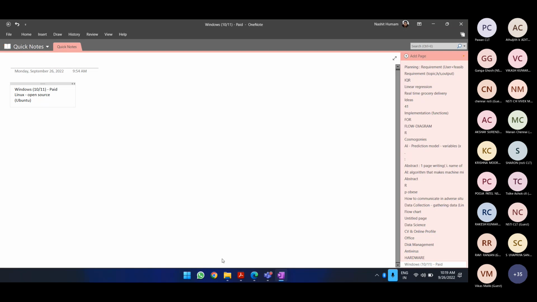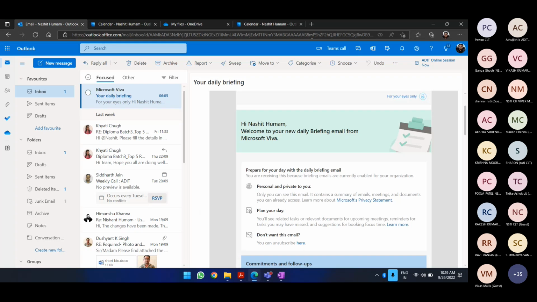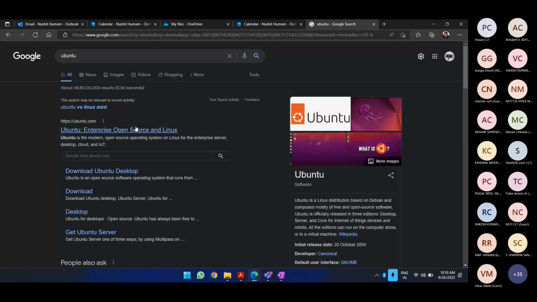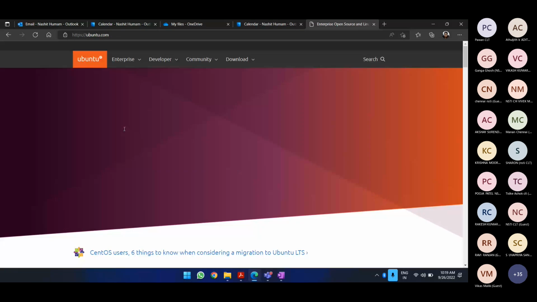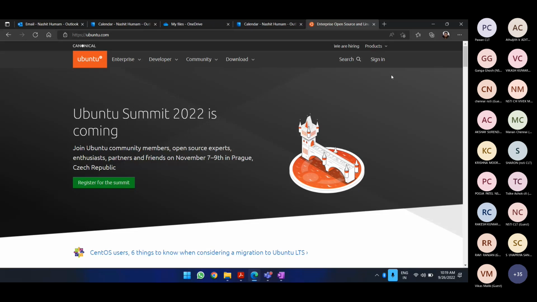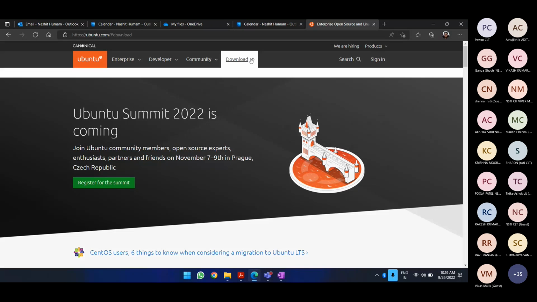So Ubuntu, in case you want to download it on your computers, you can simply type in Ubuntu. It will take you to Ubuntu desktop, and you have downloads.